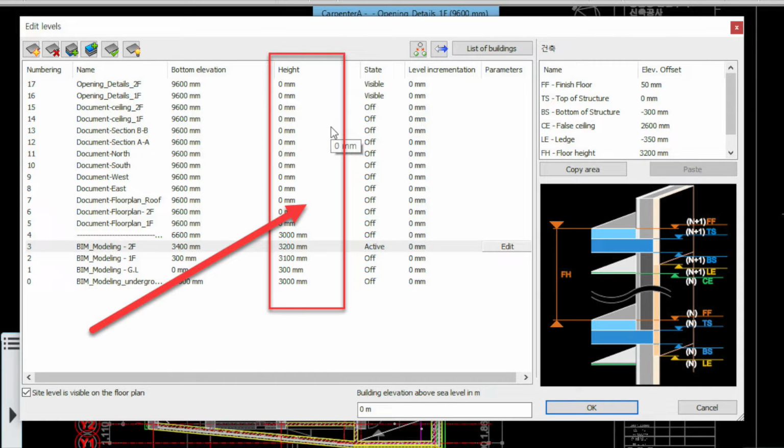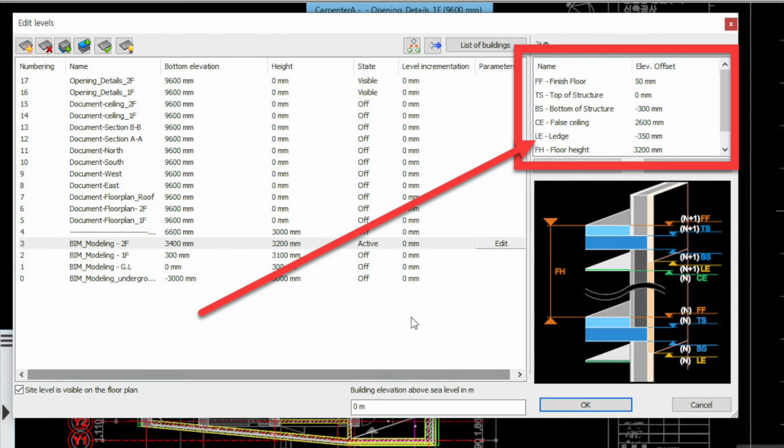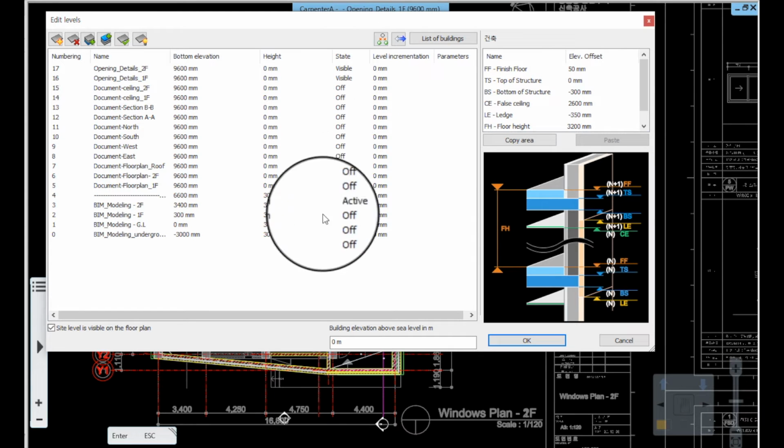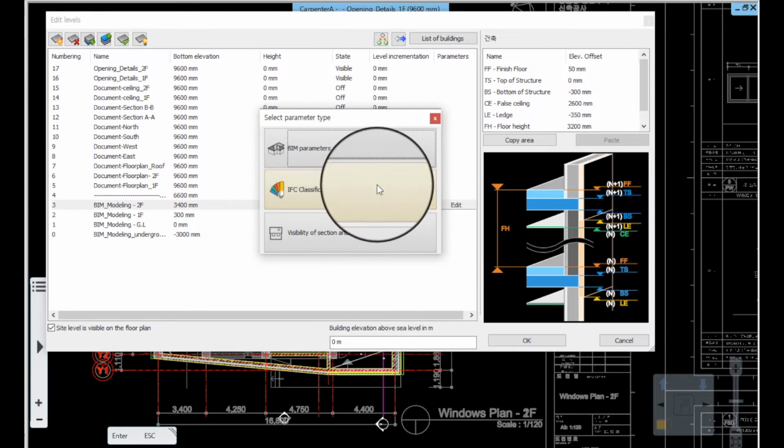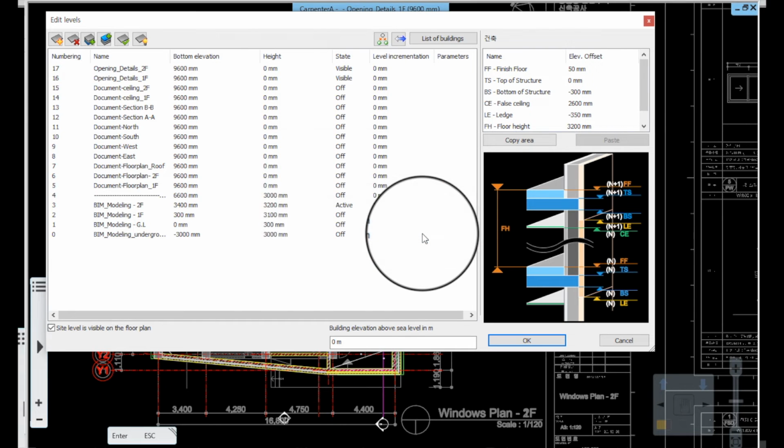On the right, a function is also provided that allows you to use it by specifying it as a variable by height. You don't have to take advantage of this feature. However, if the project is carried out using this variable, there is an advantage that the drawing information is automatically modified when the floor height is changed. In the parameter part, there is a function to hide some of the parts displayed on the floor plan.